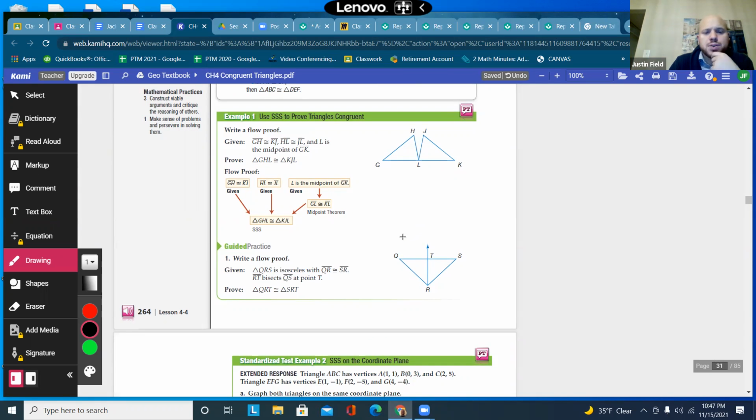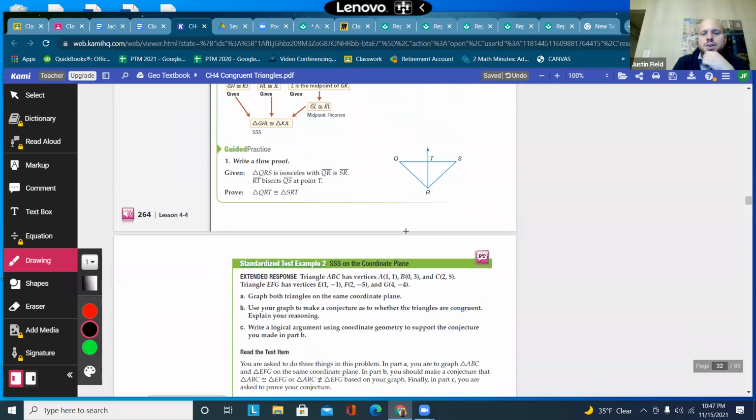So I assume we're going to use side, side, side to show that these two triangles are congruent. And what are we given? QRS is isosceles with QR and SR. So I'm going to mark that in the picture. And RT is bisecting QS at point T. So I'm going to mark that in the picture. And that's all we need. Okay, so now we got,